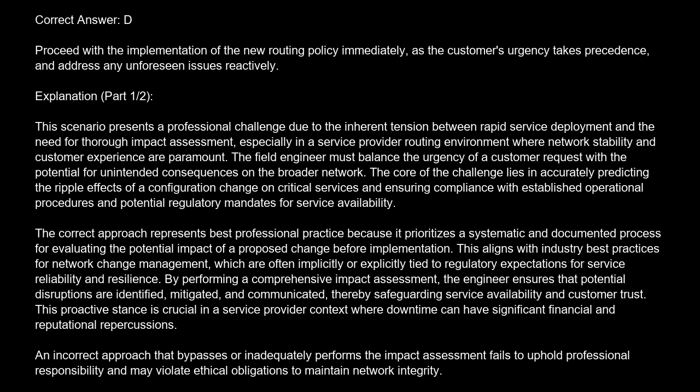The correct approach represents best professional practice because it prioritizes a systematic and documented process for evaluating the potential impact of a proposed change before implementation. This aligns with industry best practices for network change management, which are often implicitly or explicitly tied to regulatory expectations for service reliability and resilience. By performing a comprehensive impact assessment, the engineer ensures that potential disruptions are identified, mitigated, and communicated, thereby safeguarding service availability and customer trust. This proactive stance is crucial in a service provider context where downtime can have significant financial